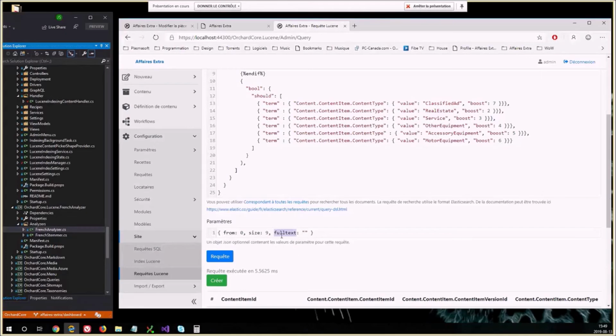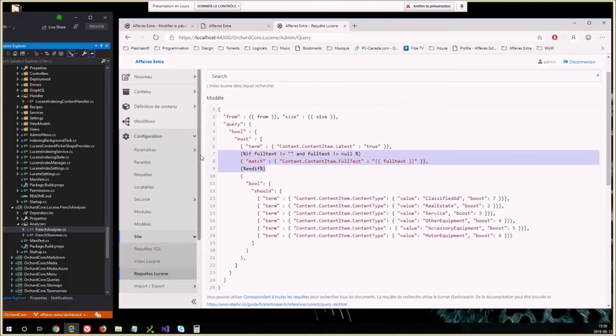So the parameter here would not be necessary, and even this would not be necessary, but could be appended from server-side code. But you need to pass a full text parameter here from the query, from the POST or the GET query that you're doing. Yeah. Okay.